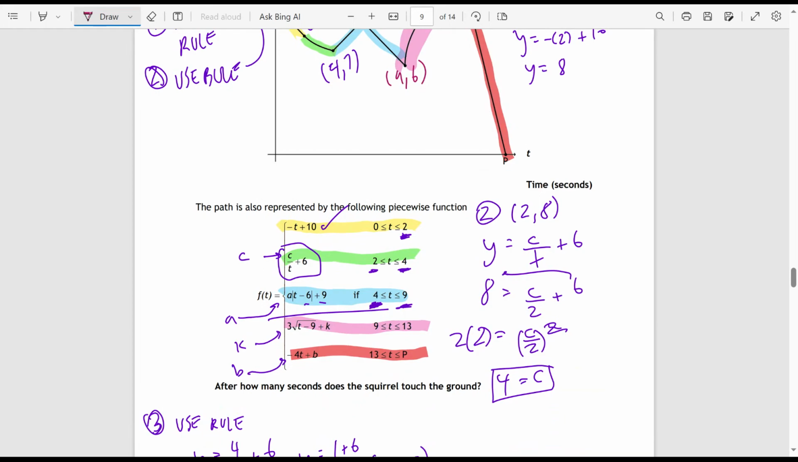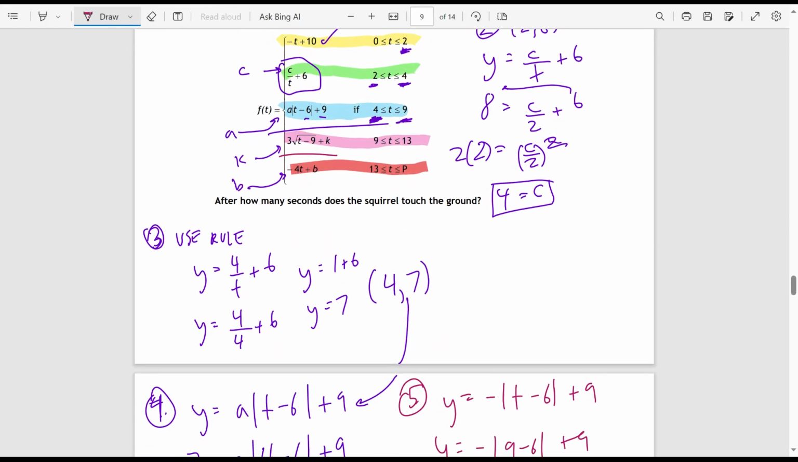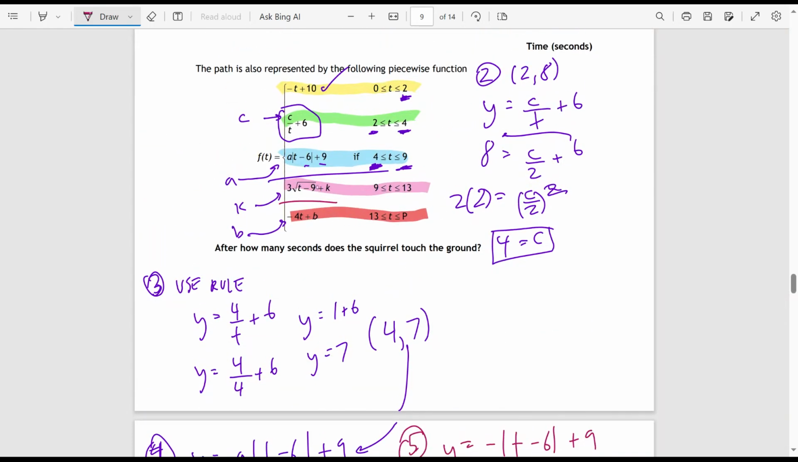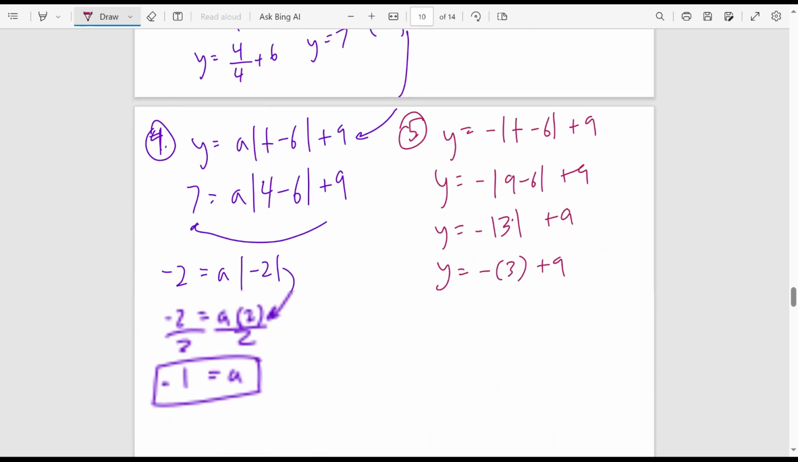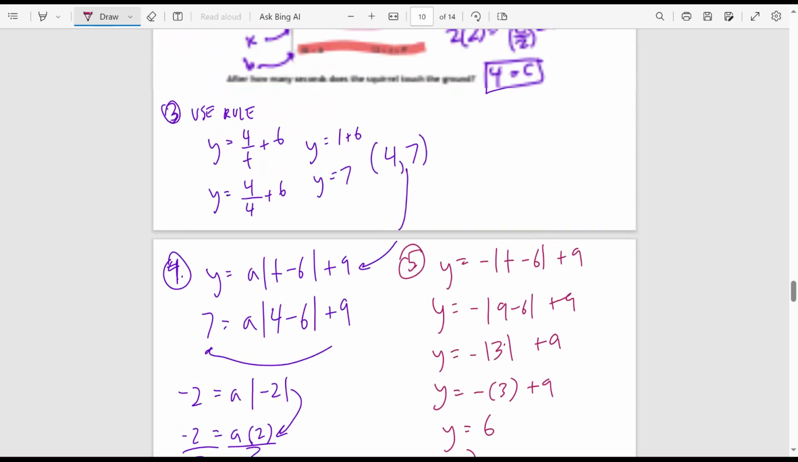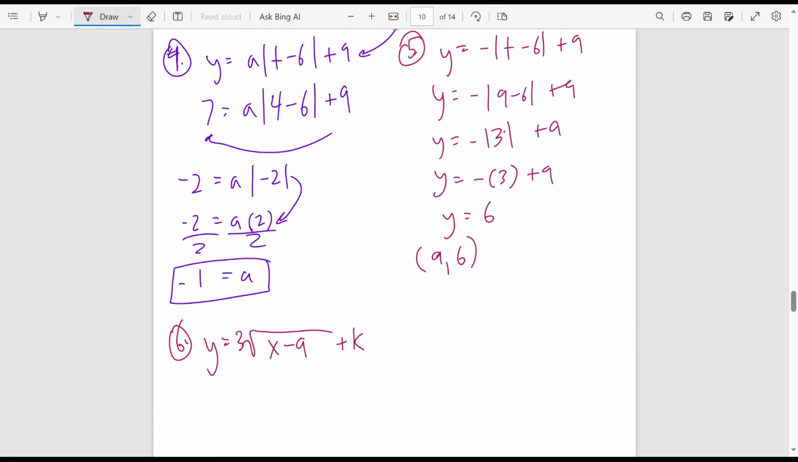So I'll go and take the square root function now and try and find k. And actually, this is one of those interesting ones. What did they just tell me? And I'll write it down. So 6, y is equal to 3 square root of x minus 9 plus k. If I have y is equal to 3 square root of x minus 9 plus k, and I just found out that that's the next handoff point,